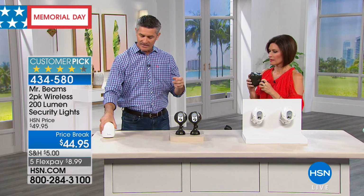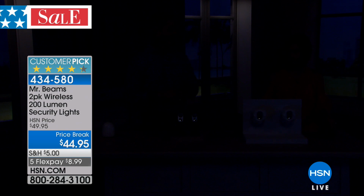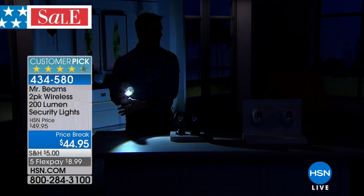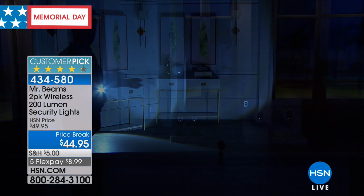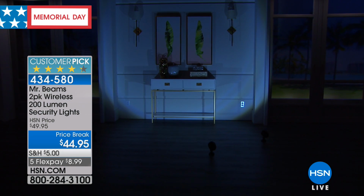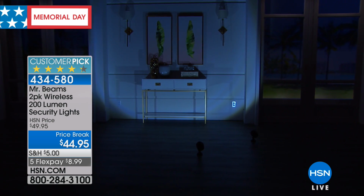So Alice, let's put these lights down again. We're gonna put them face down just so there isn't any accidental motion. And when we bring the lights down, you're gonna see that I'll activate one network and Alice will do one. Alice, yours is the bigger network, so you can activate yours because there'll be the lights in front and then also the lights behind you. So actually, let me do mine first because I think they have it set up on this shot. So when I activate that, you can see me and that light and then the 3 lights behind me right there, all activated just by motion on that single light. So that's a total of 4 lights,